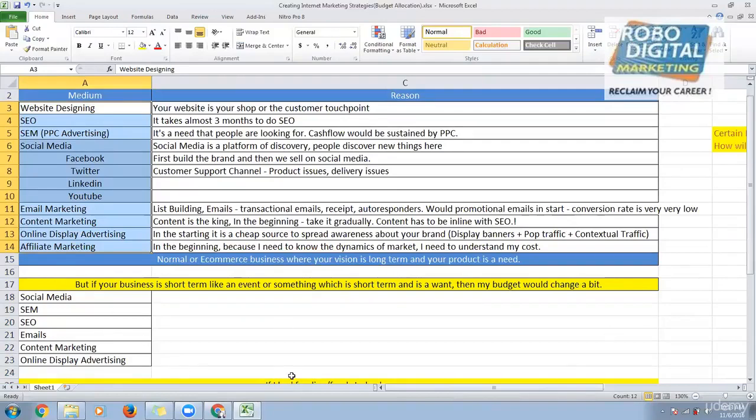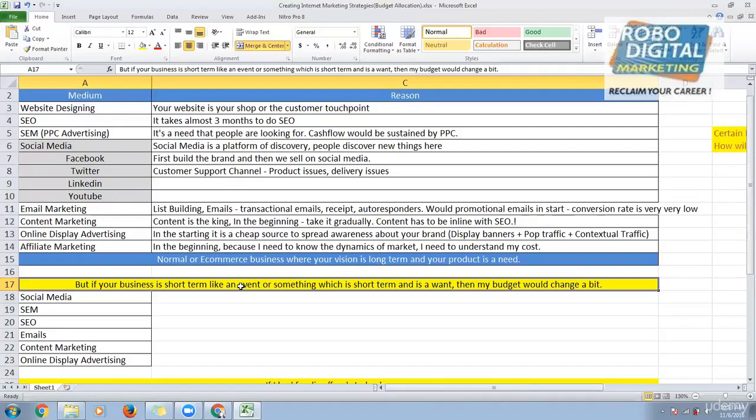Repeat the question. If I'm promoting an event or something which is very short term, like I'm giving an offer for Valentine's Day, that will be valid for that period only. Or if I'm promoting an auto expo, which happens in Noida every year. So that is for a few days or that kind of event. That is not long term. That is a very short term thing. So if you have to promote and allocate the budgets based on percentage, then how will you allocate across all these